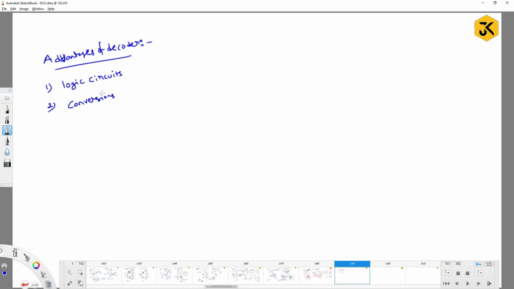It means that it's not for all cases. You have to go with only a few cases, like BCD to decimal or binary to octal. And parity checker is one of the advantages. And another one is it can act as a ROM matrix, and another one is address